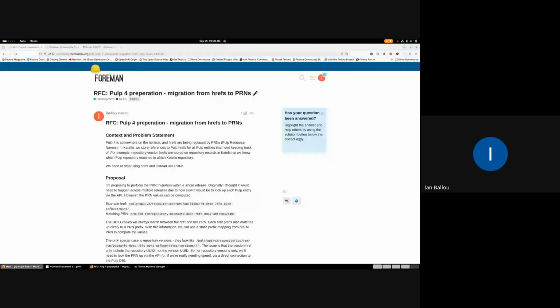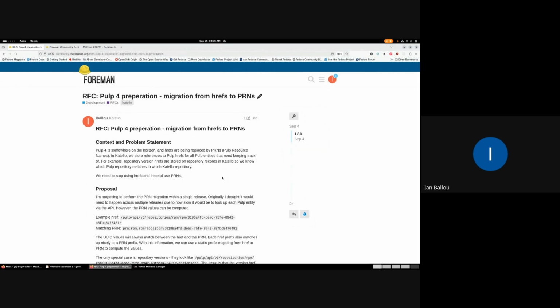What I'm talking about today is something a bit in the background, but it has to do with the bigger effort to move to Pulp 4 in the future. As folks may know, we typically upgrade Pulp every 2 Katello releases to ensure we're up to date with the latest features and bug fixes, and also to give the Pulp team a reasonable number of releases that need backport support.